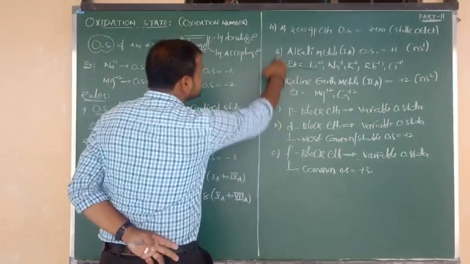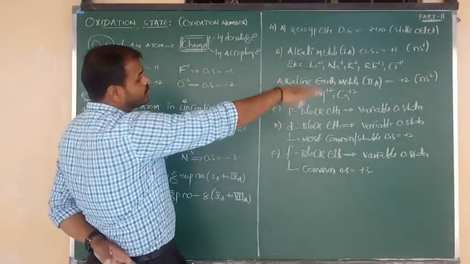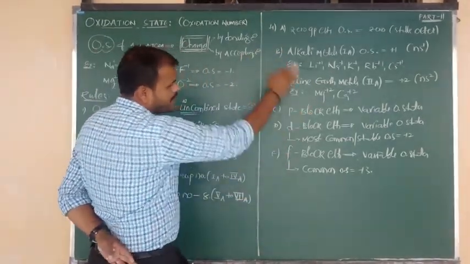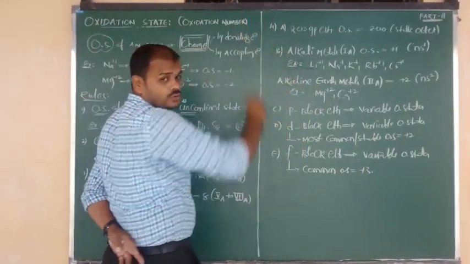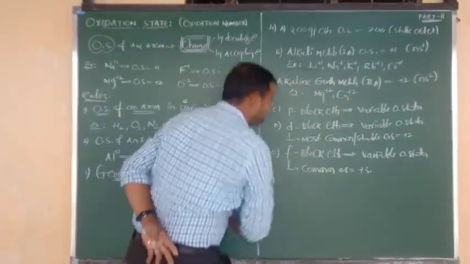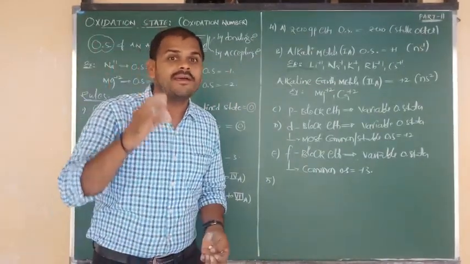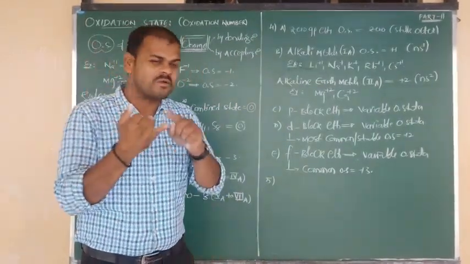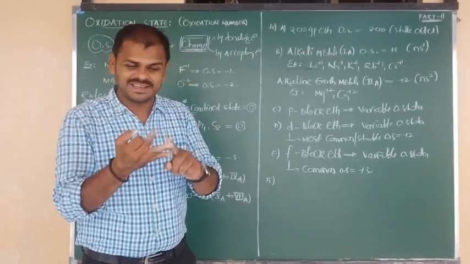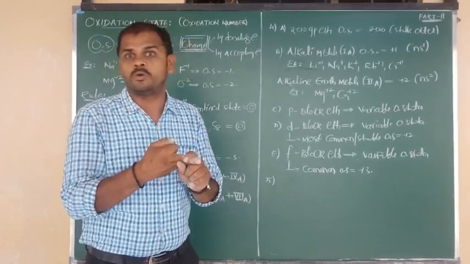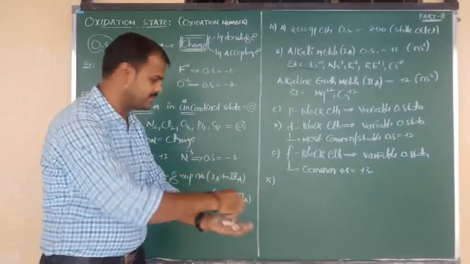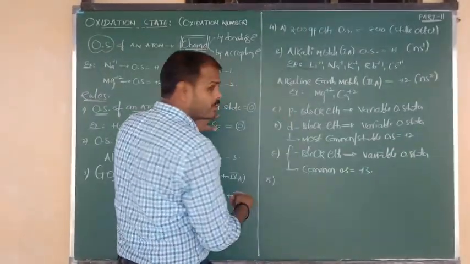So the next rule: completely about all types of s block, p block, d block oxidation states, we have written in the 4th rule. Next, I want to set the oxidation states of 3 very special elements. One is hydrogen, one more is oxygen, one more is fluorine. Both important, very important. So let me explain first about hydrogen.